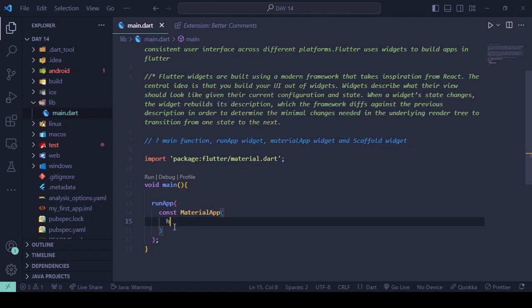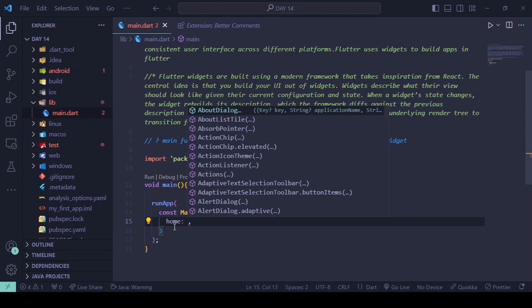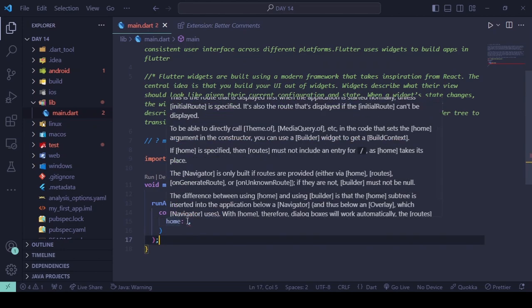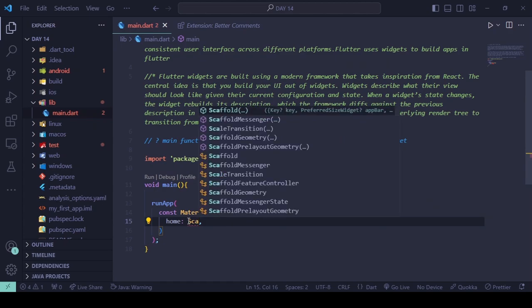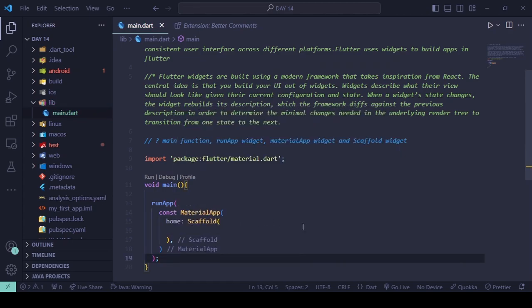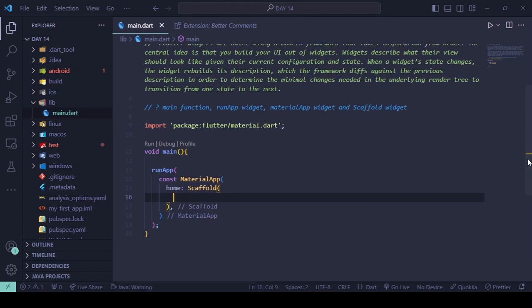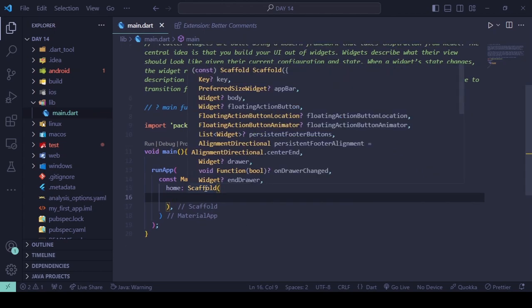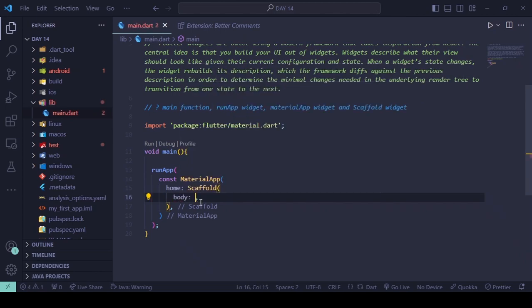So I'm going to put home, and home is a keyword that requires another widget. So I will use my Scaffold widget here. And this Scaffold can be used to provide things like app bars, navigation, theming, and bottom bars. Now I'm going to add another child inside this Scaffold, and when I hover, I can see this property called body. I'm going to type body, and it